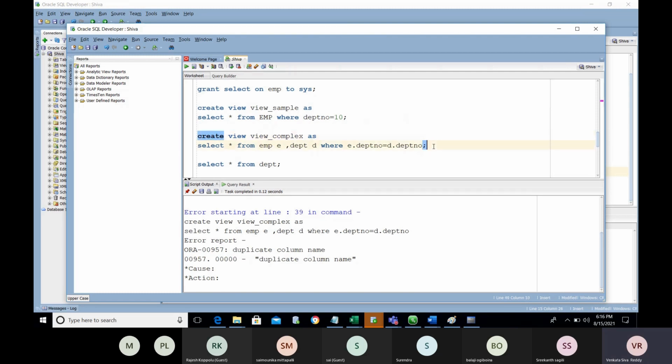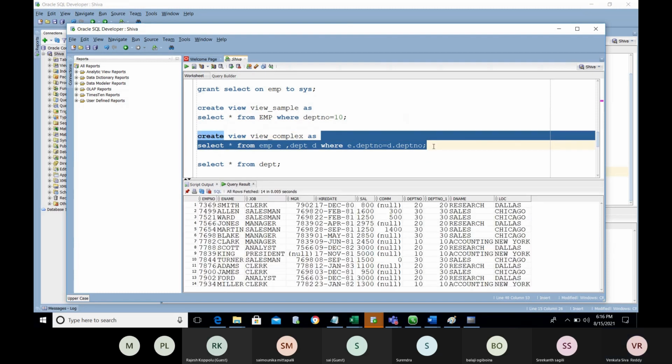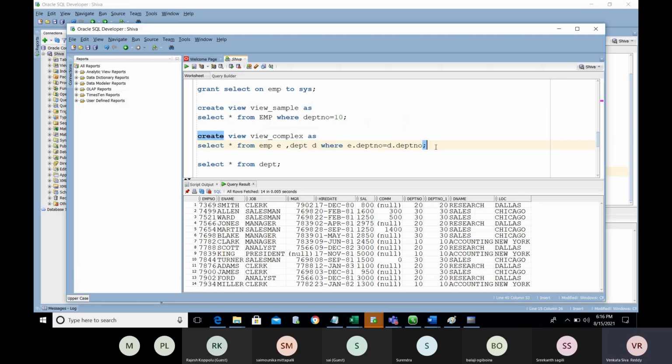So if we have any common column between these 2 tables, that gets duplicated, right? See here, DEPT number is in the employee table and DEPT number is in the department table as well. So while retrieving the data, you are able to see the data, but if you want to maintain that just like a table or view, you cannot.